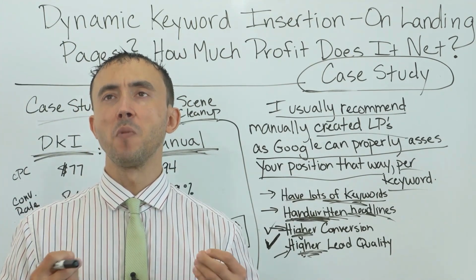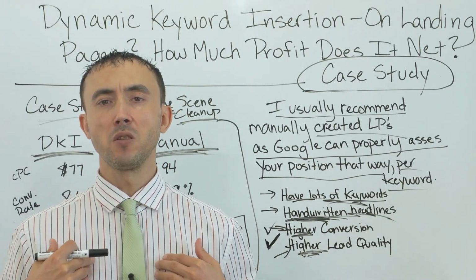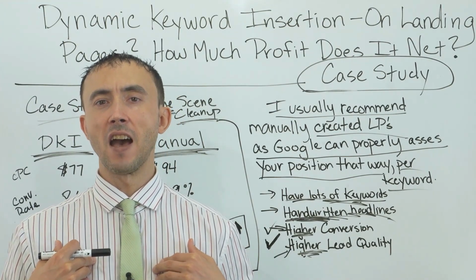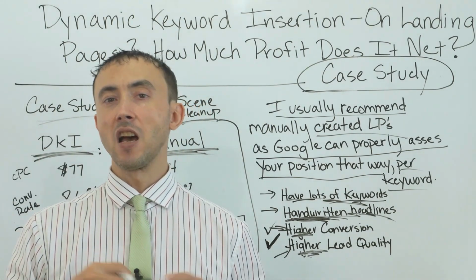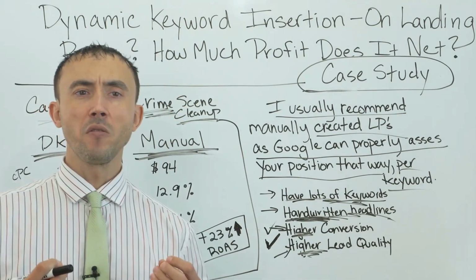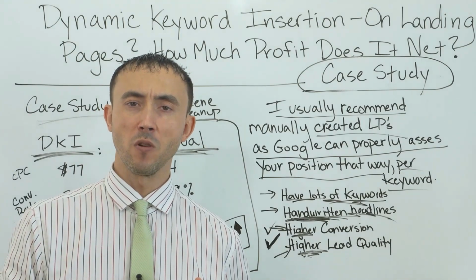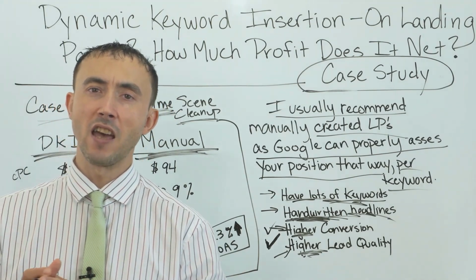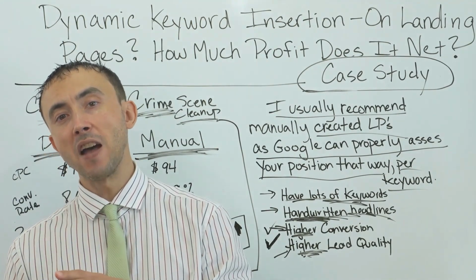Most businesses, the amount of things people search for isn't that robust. Just to give you an idea, in 90% of niches plus, the amount of keywords we target is less than 1,000, even when I'm trying to target as many keywords as I possibly can. And that covers 75% of the searches. So generally speaking, it's not that much of a logistical challenge to create a custom landing page for each keyword at the end of the day. I'm not going to care about the 25% that don't get a perfectly matching headline. The headline's going to be matching pretty close, but for the 75% where it does match exactly,